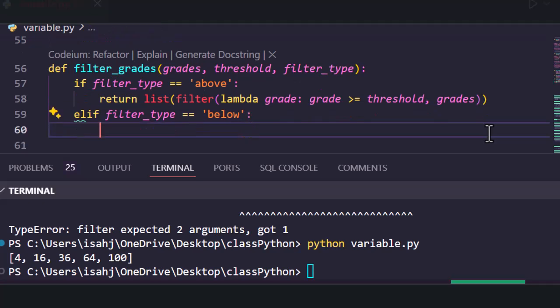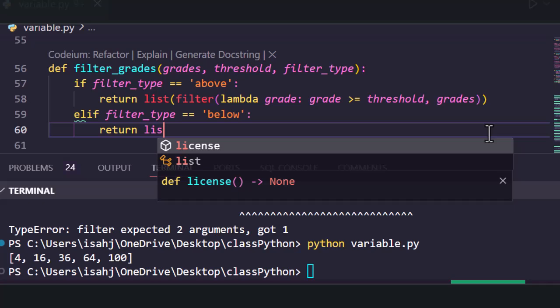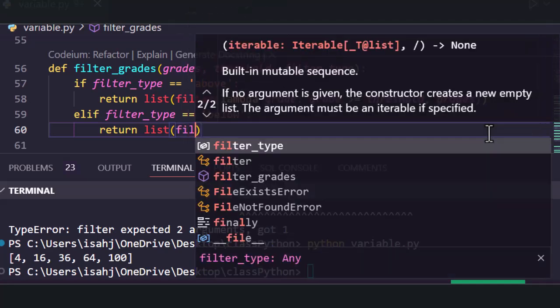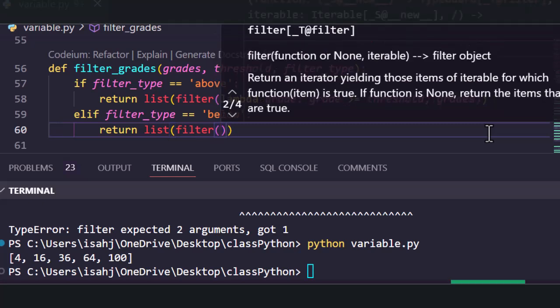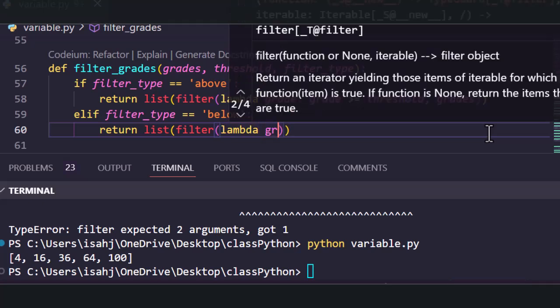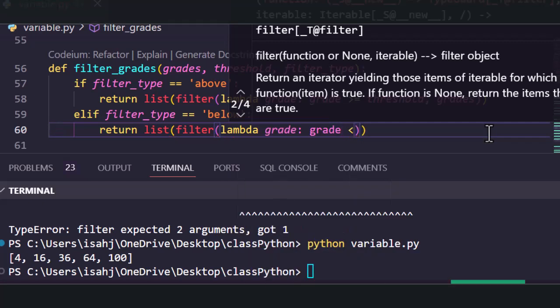It should return a filtered list. So call the return keyword, and then call the list constructor. Inside the list constructor we're going to pass in our filter, just the same way we did above. Then inside the filter we are going to call lambda, and then we'll call grade, and we say that when the grade is less than or equal to threshold,